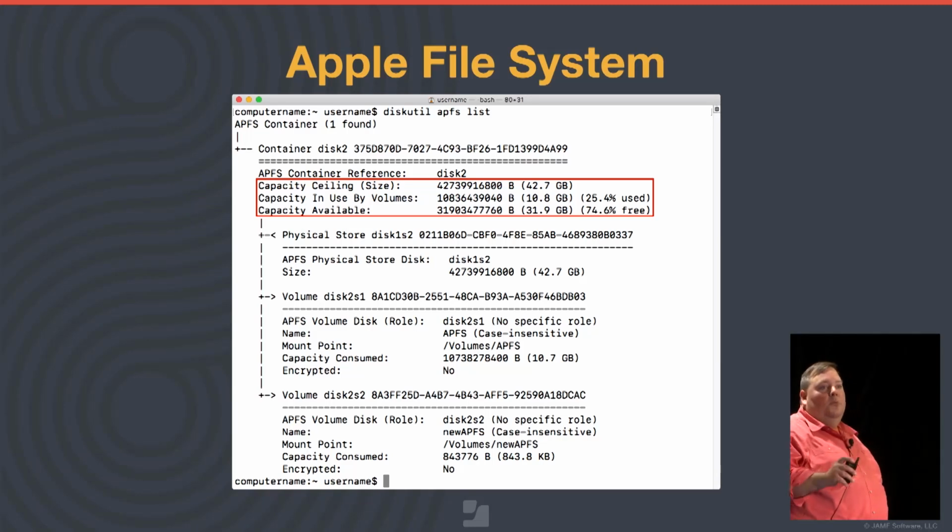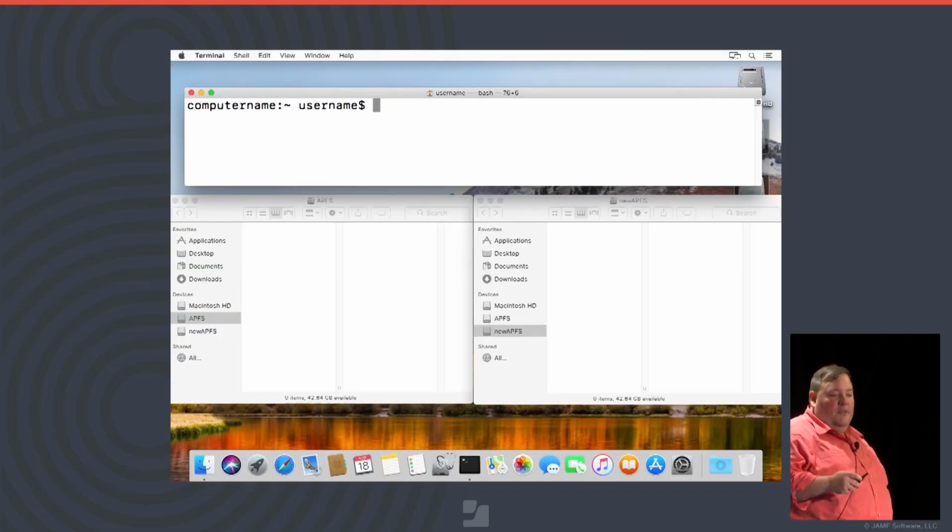So something to be aware of is that volumes hosted on the same container will all display the same size and available free space of their parent APFS container. So this behavior is referenced when you list the available APFS drive and you look at the capacity information. So let's take a look at how this looks in